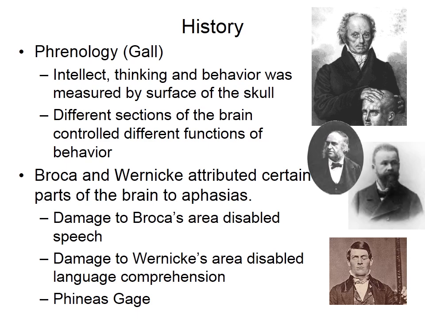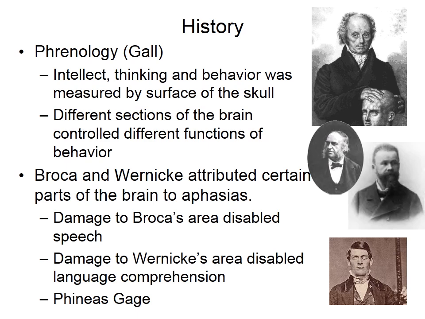So our first two big names in looking at neurological assessment were Broca and Wernicke, and they attributed certain parts of the brain to aphasia or different problems with speaking or understanding words. And this was again done by actually looking at people that had suffered brain damage. And what they were looking for is again correlations. They started to notice that as they were seeing patients that had suffered head injuries, when people had received damage to various areas of the skull, which then corresponded with certain damage to the brain underneath the skull, they were seeing common patterns of impairment.